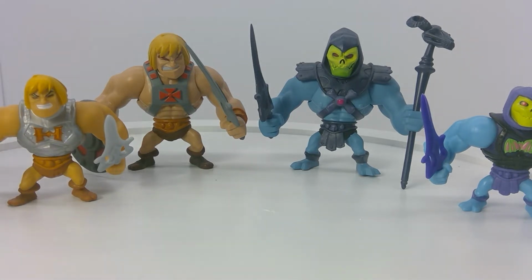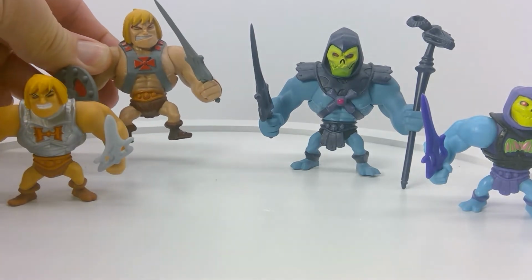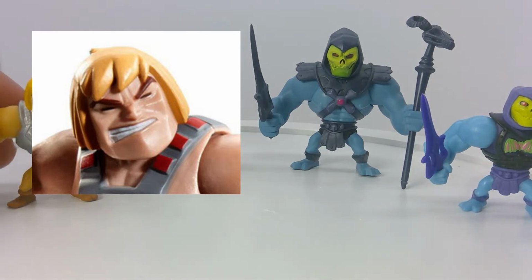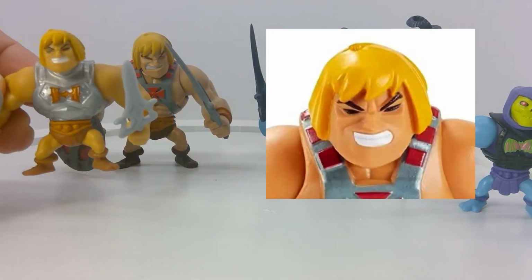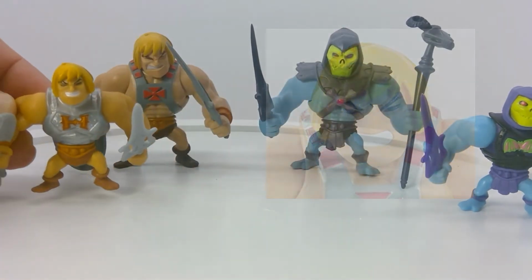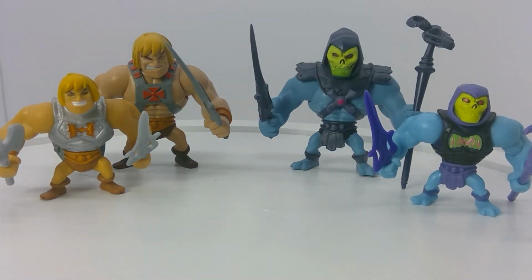There's also kind of a difference in the way that the designs are. As you can see, He-Man's face is very blocky. Same with Skeletor. Now they obviously used those as inspiration for these, but they made them a little friendlier. Maybe they wanted to sell these more. This is a pretty large line. There's quite a few of the Eternia minis. I have quite a few myself, but for today,